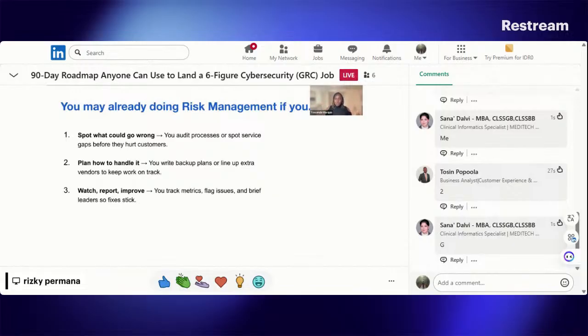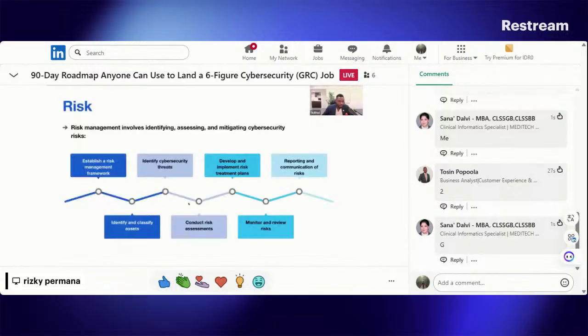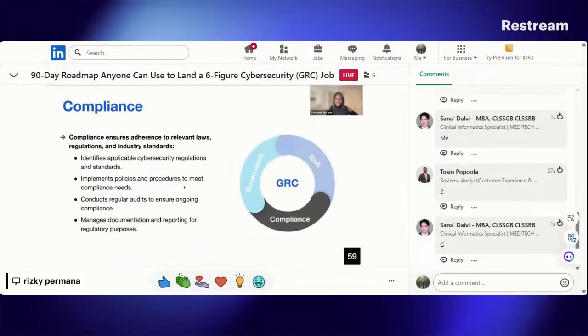And so as we move on to compliance and start to wrap up here, I would love to see, what do you think about risk so far? Do you like risk? If you like risk, give us an R in the chat. If you think these on the screen are things you can do day to day, do risk assessment, identify the actual threats, implement the actual risk treatment plan, report the risk to the relevant stakeholders. Okay, lots of R's in the chat. Let's keep it going. All right.